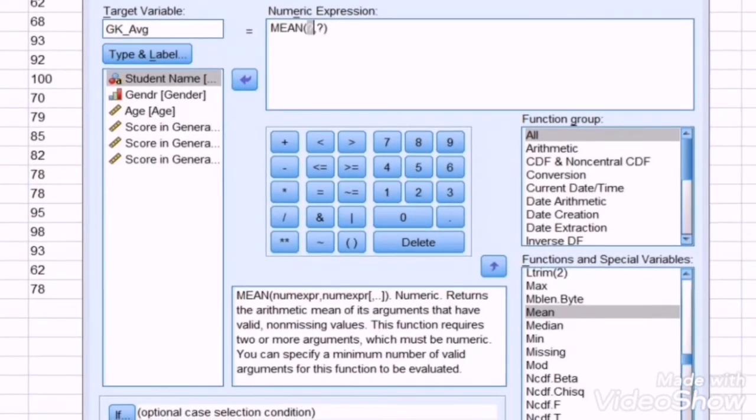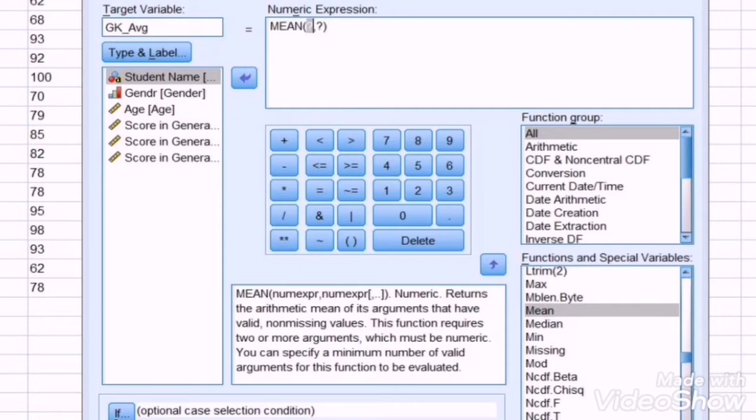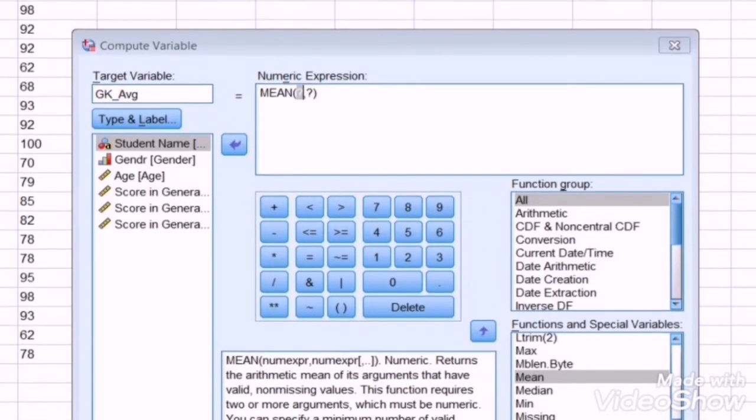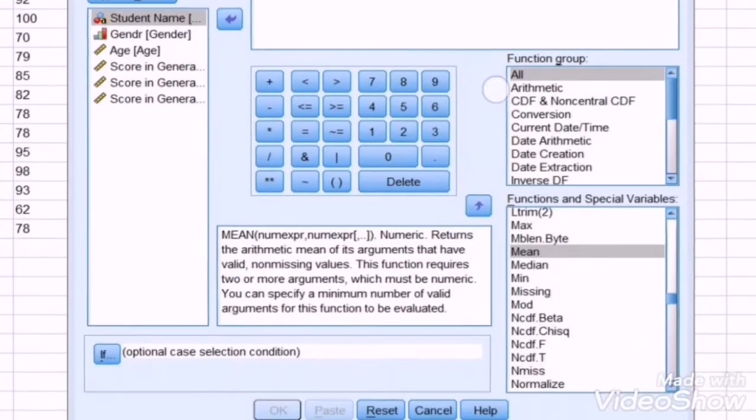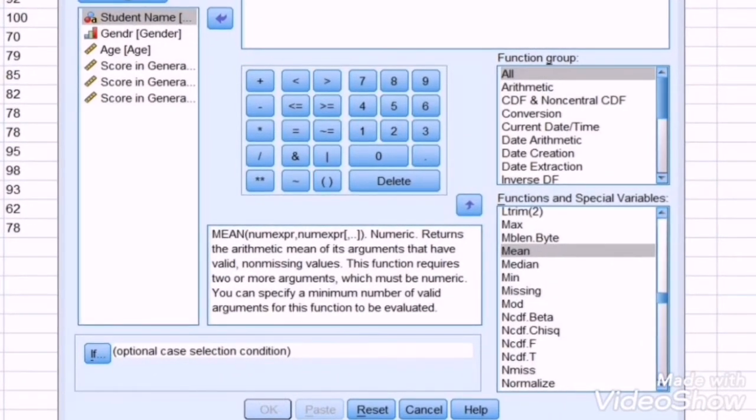Here score in general knowledge 1, and then clicking on the arrow, it will be transferred there. Then score in GK2 and click on the arrow, and score in general knowledge 3, click on the arrow, it will be automatically transferred within the brackets. Then we have to click on OK.